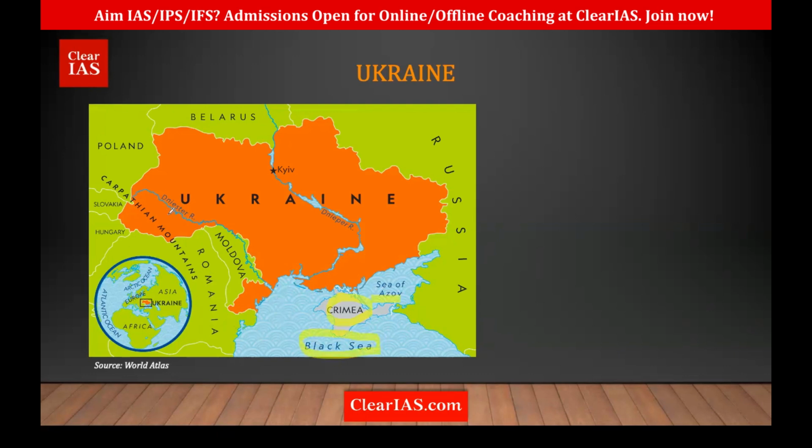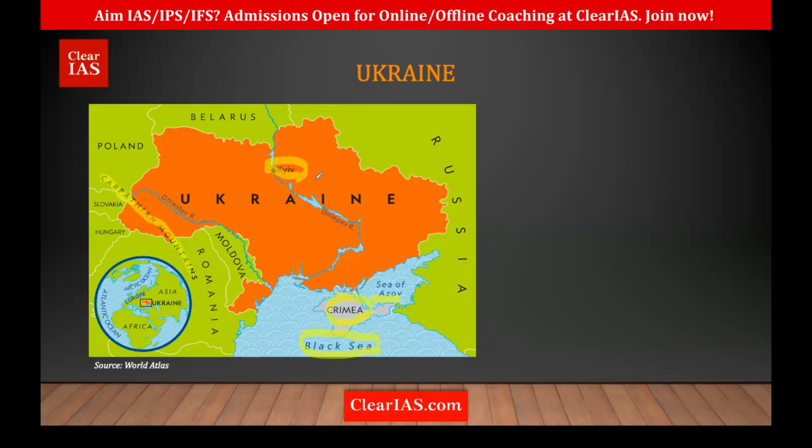Here. Okay. And another thing is the Carpathian Mountain, which is the European mountain. This is on the west side of Ukraine. One important place you must remember is Kiev. There are other places as well, but remember Kiev for sure.